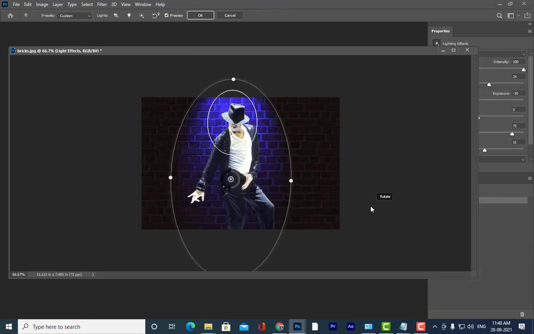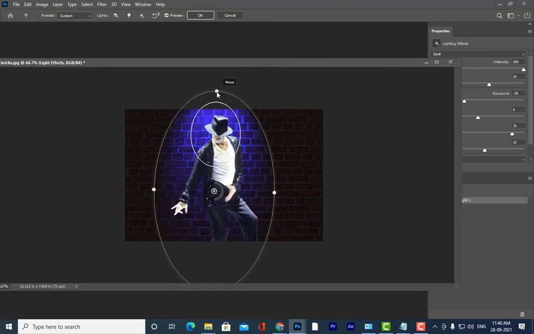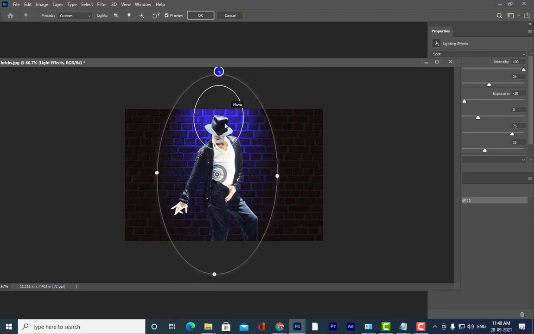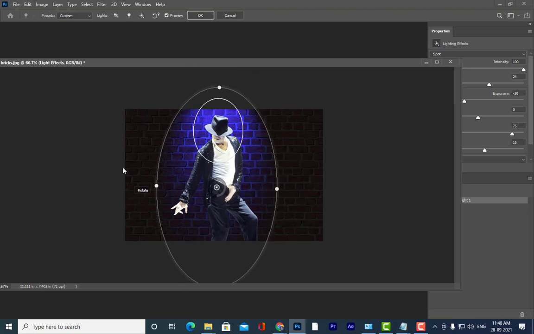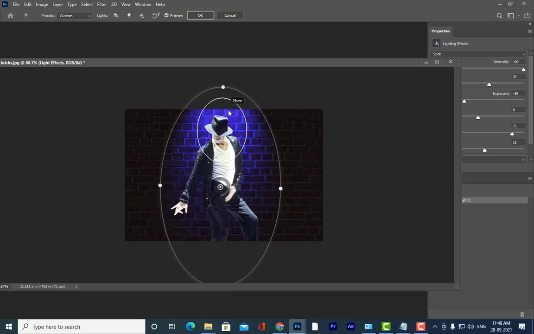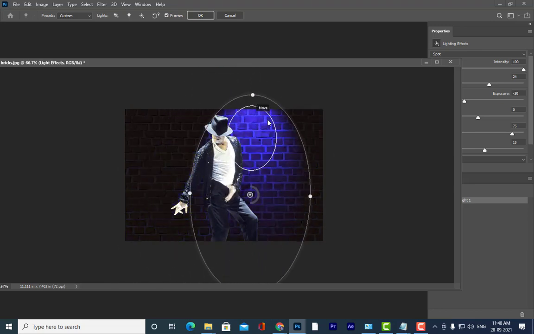See here, all of you, are you able to see this lighting effects? Able to see this? Yes, sir. See here. So this is a gizmo actually. This is a lighting effects gizmo. So with this gizmo you can move the lights wherever you want. Okay. You can go top side or bottom side or left or right.